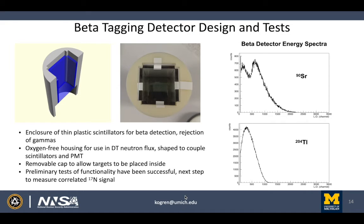It's supported by an oxygen-free housing that can be used in the DT neutron flux. The reason that it needs to be oxygen-free is so that it's not easily activated to produce the isotopes and beta sources that we're already trying to produce in the target. So we would otherwise get interference from activation in the housing of the detector itself. And the shape of it is made to couple the scintillators to the PMT. And there's also a removable cap that allows us to place the targets inside and remove them as we want